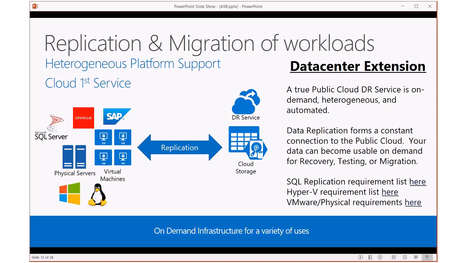So you don't have to go just at the VM level if you don't want to. There are other tools where you can do Hyper-V level replication, SQL level replication, or even down to the physical machines. So it doesn't have to be all or nothing. You have lots of options in that regard.